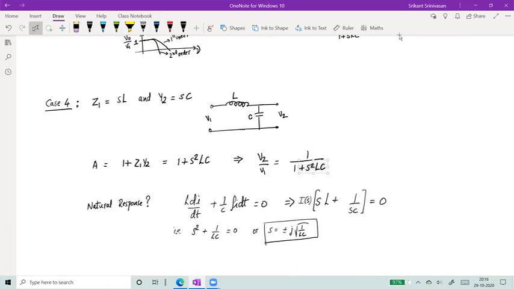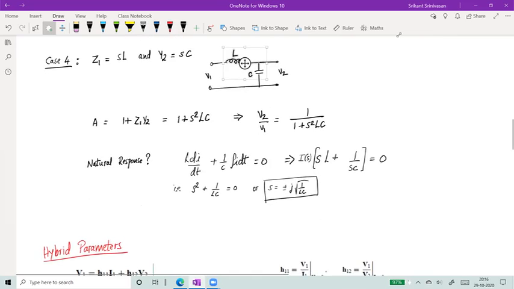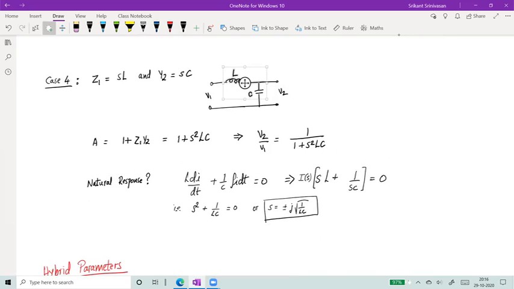So just out of interest, what is the natural response? We solved this for a RL circuit, RC circuit, but we never solved it for an LC circuit. We also solved it for an RLC circuit. So if you remember the equation of the RLC circuit, the series RLC, then you just set R equal to 0 and you will get your answer. You know what is the answer for a LC circuit. The other way, of course, is you can quickly write it down. So the voltage drop across this L di by dt is the voltage across the inductor. 1 by C integral I dt is the voltage across the capacitor. When we talk about natural response, that means this V1 is not there, right?